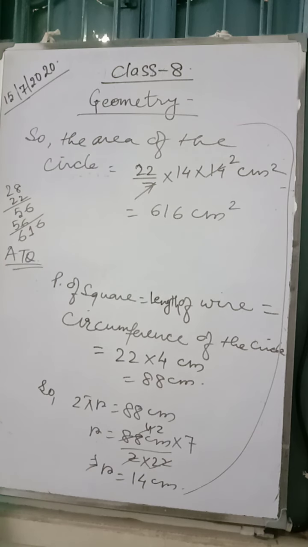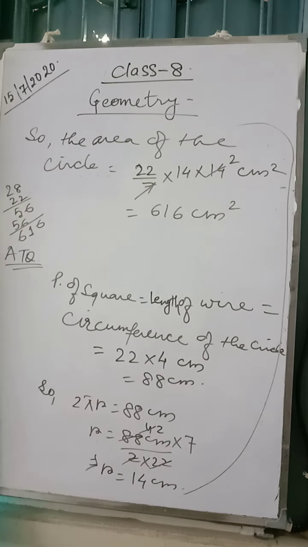Now you can see you have two picture sums. The first one, you can get the area of the rectangle minus the area of the circle. The diameter of the circle is given already, is it? One circle, two semicircles, means again it is a circle. So area of the rectangle minus area of two circles, you'll have the area of the shaded portion. And the second case, outer area minus inner area, you'll have the area of the shaded portion.